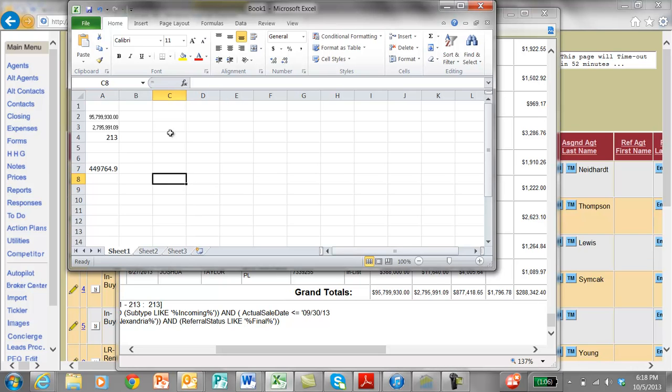Now let's say, what are the actual commissions that we're earning off of that? So we're going to say equals our total commissions divided by the total sales volume, and there's Jim at 2.029186. So a nice healthy commission percentage on 213 transactions at 449. So that's good stuff. You now have a running one year of data,